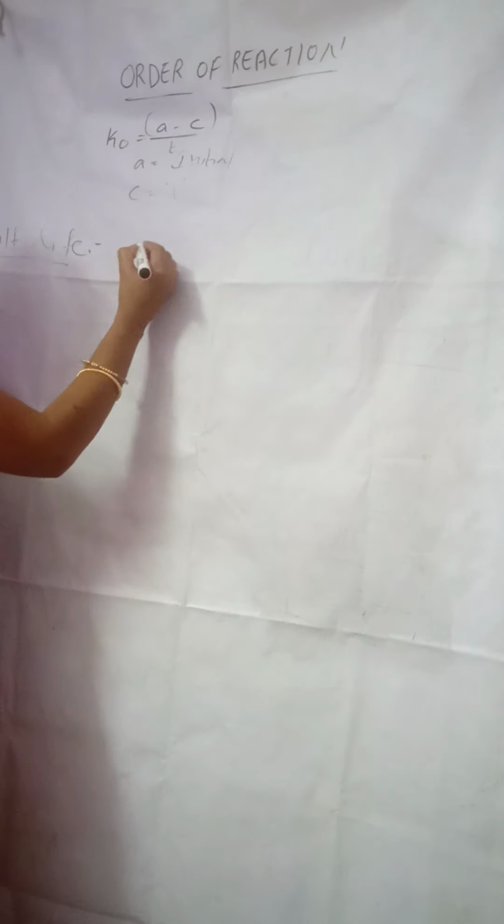Now we will see half-life. We are discussing half-life. First we will see the definition, then we will go for the equation. Half-life can be defined as the time required for the reactant to reduce to half of its initial concentration. So what is half-life? It is the time required for the reactant to reduce to 50%, or you can say half, of its initial concentration.